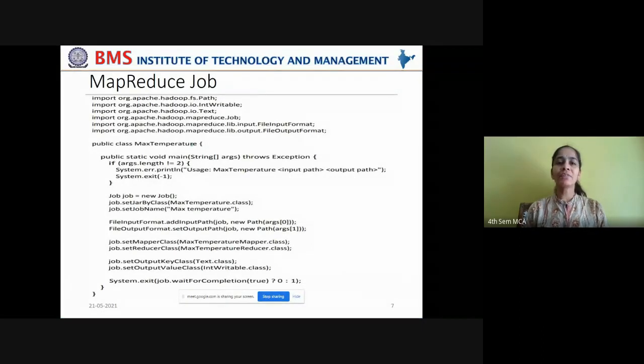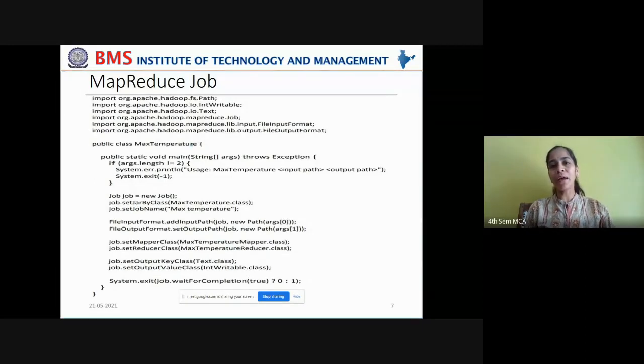Okay, now let us quickly see this MapReduce class, the final class, to pack it into a job. And once again, I'll explain this in the next class in detail. Now you have to pack this map function and reduce function into a job, because these map and reduce functions can't separately be handed over to the HDFS cluster. So you have to pack them together as a single job, and this job has to be converted into a jar file, and then this jar file has to be deployed onto the data nodes on the HDFS cluster. Very, very important task.